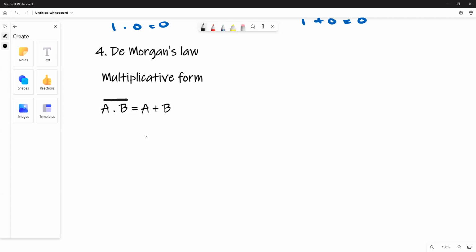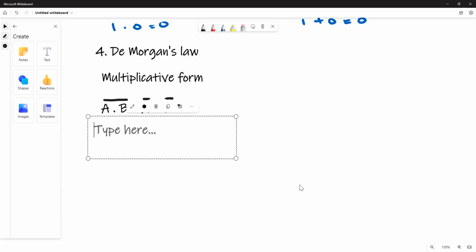Right, so this is equal to A bar plus B bar, right? Now let's try to prove this. To prove this, we have to have A, then we have B, then we have